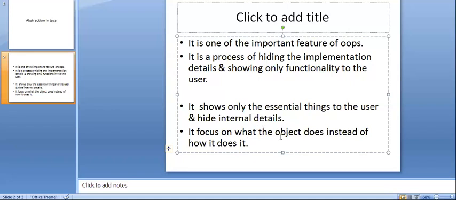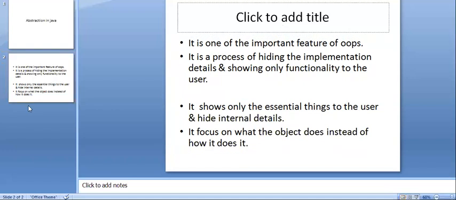It doesn't focus on how it is going to do it. It focuses on what it will do. That's what abstraction is.